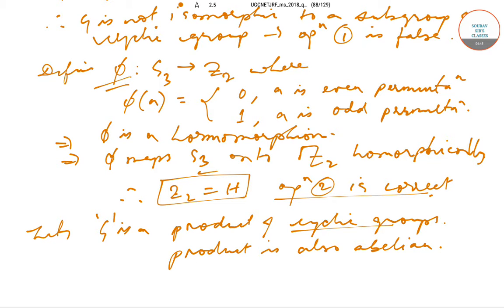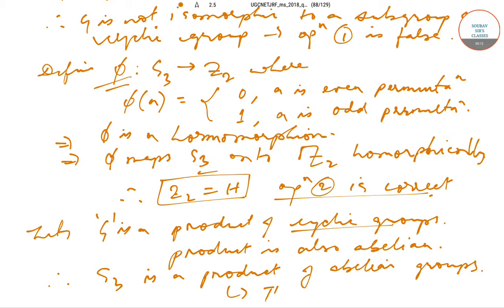Since we know that cyclic implies abelian, we can also write that S3 is a product of abelian groups. But this is not true. This is a contradiction. So our assumption that G is a product of cyclic groups is wrong,